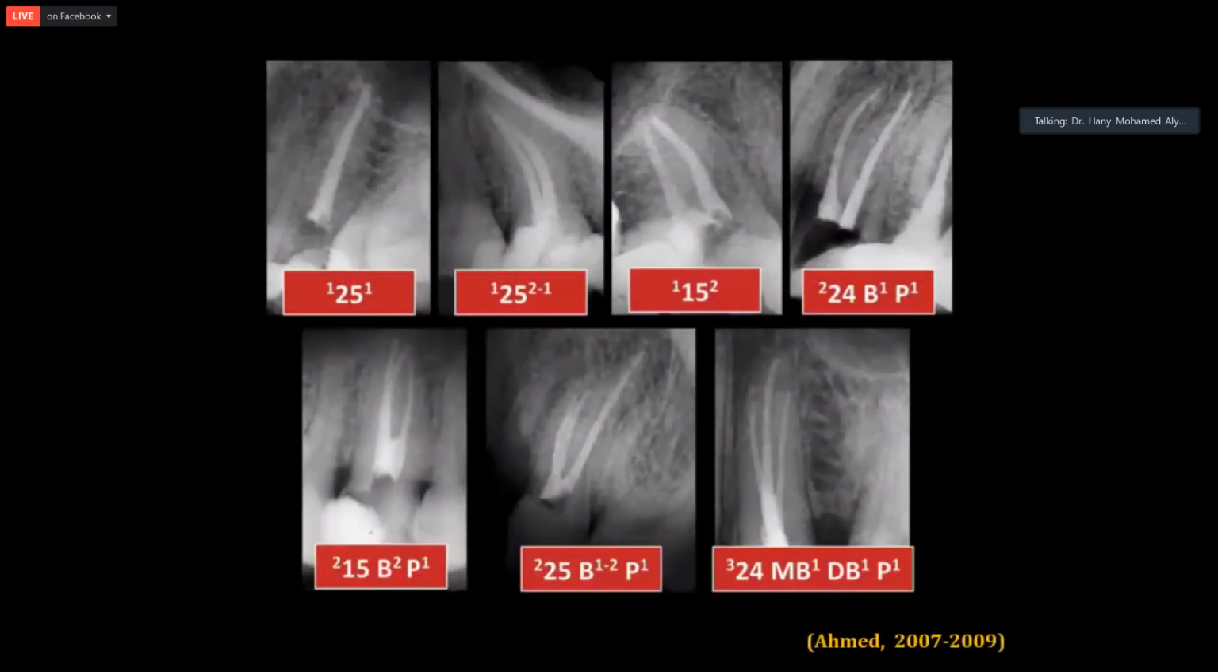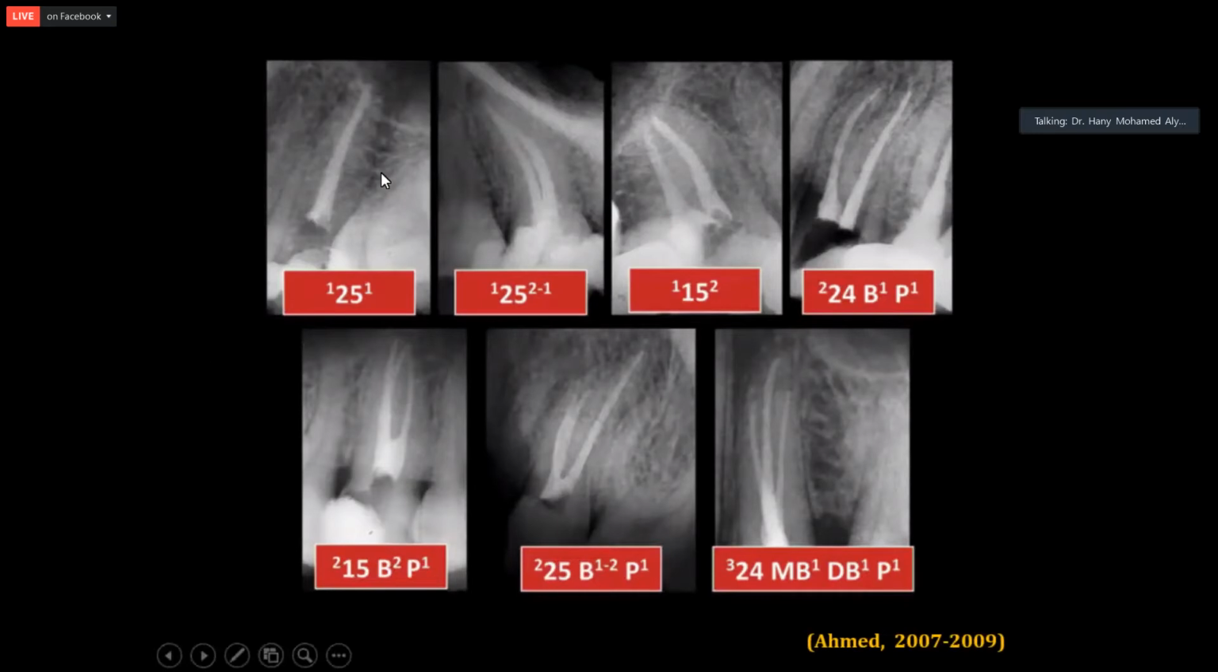And this also translates to clinical practice, in which we have to do a very proper access cavity together with a good intracanal interpretation in order to detect all canals present in maxillary premolar teeth. As you can see here,